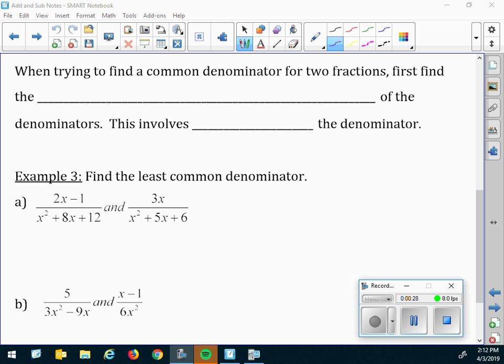We're going to add and subtract fractions that have different denominators. So when trying to find a common denominator for two fractions, first find the